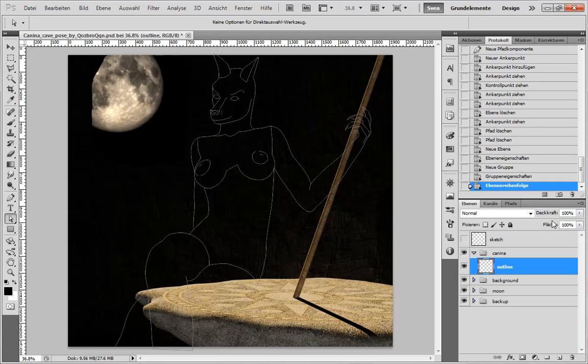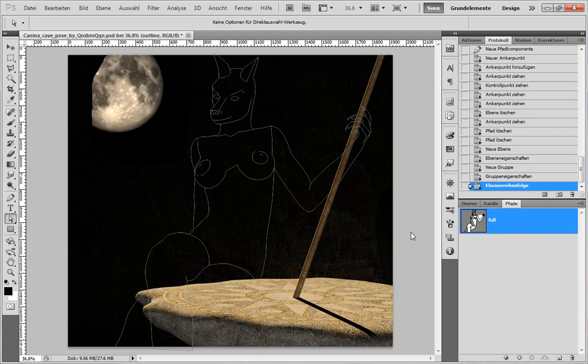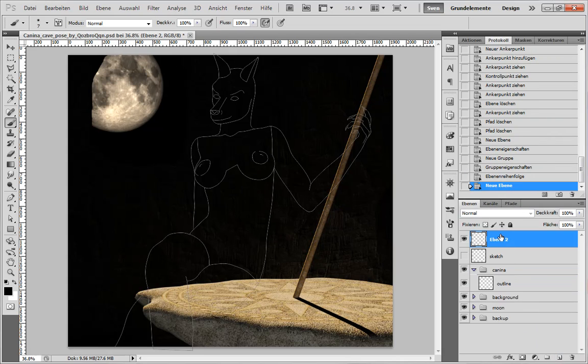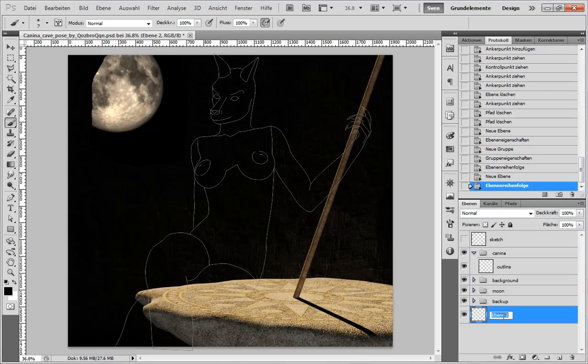And for filling the outlines, I will make a new helper layer, whatever you can call it. I don't name it. I just fill it with white,